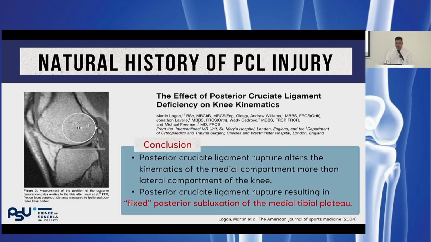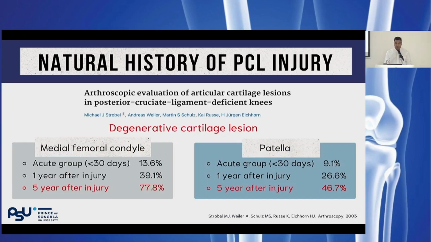The effect of posterior cruciate ligament deficiency on knee kinematics: posterior cruciate ligament rupture results in fixed posterior subluxation of the medial tibial plateau. This paper showed degenerative cartilage lesions at the medial femoral condyle and patella. After arthroscopic evaluation at 5 years after injury, cartilage lesions at the medial femoral condyle and patella were 70% and 40%